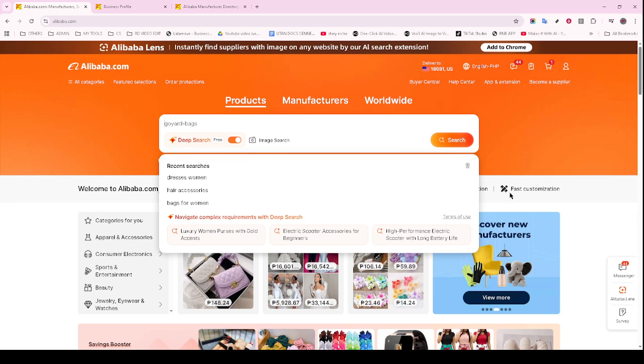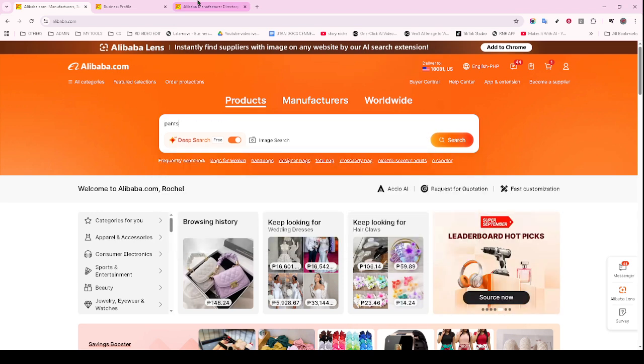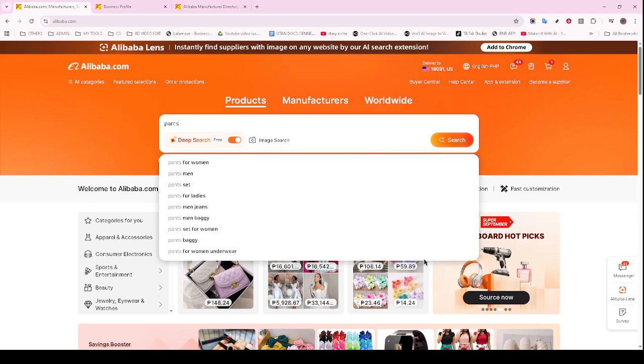Now that you've got a list of potential products, it's time to vet the suppliers. This part is crucial. Carefully check each supplier's ratings and reviews. Look at their customer feedback and the number of transactions they've completed. A high supplier ranking generally indicates reliability and good service. If you see consistently positive reviews, it's a sign that you're on the right track. But if there are any red flags, such as complaints about quality or service, it might be best to steer